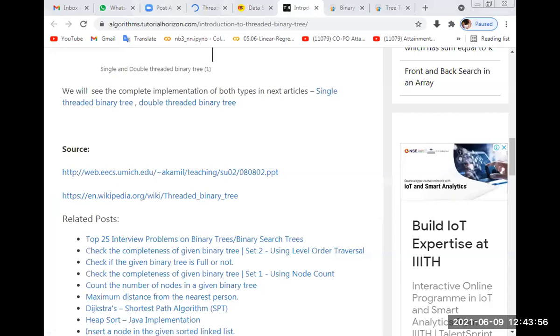Okay, and left and right. So this is threaded binary. Full threaded binary means it stores both left and right addresses of some nodes. Okay, clear students?